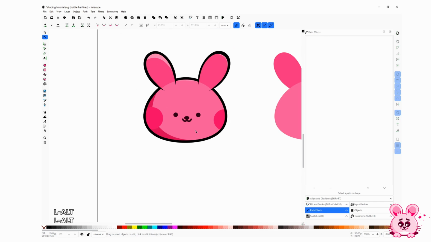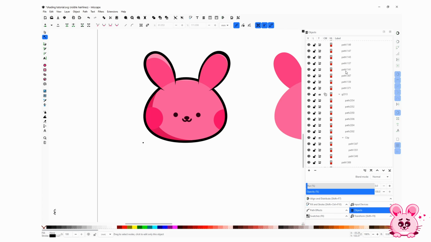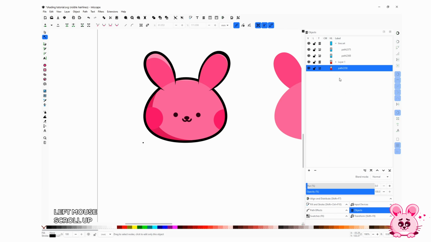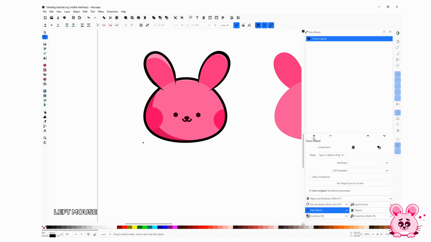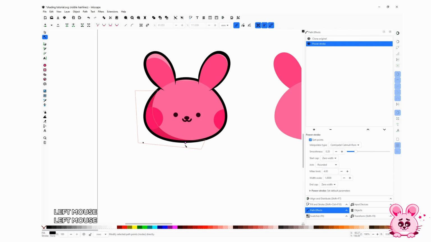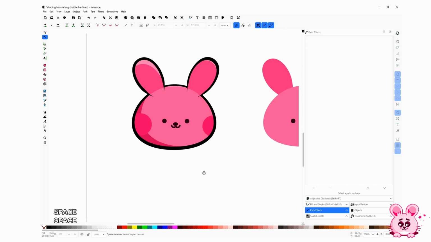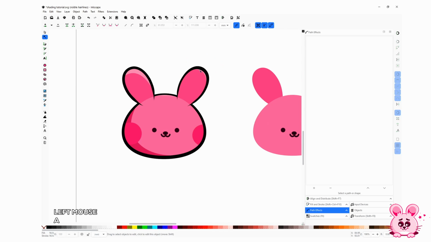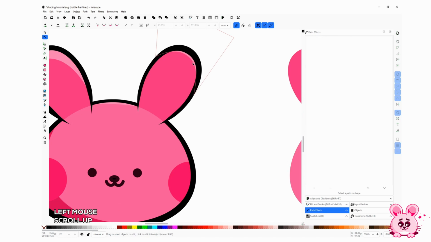And actually you can do the same thing for the stroke, and so yeah, it's line art. And you can go to the path effect and add the power stroke, and yeah, you can just change the width of this. You can make it smaller or bigger. Yeah. So that's the method with the clipping mask, and a really cool thing about this is that this